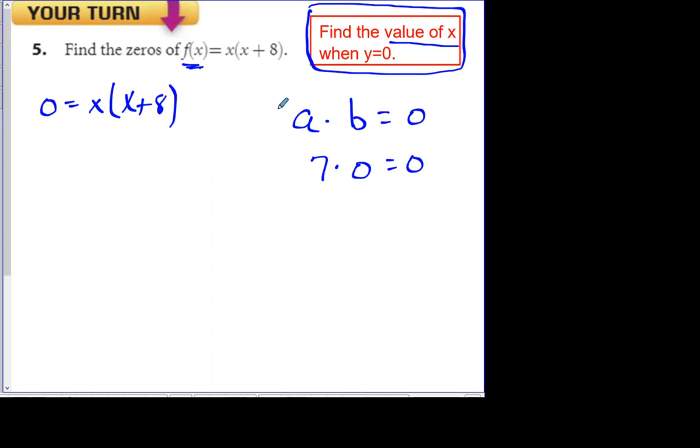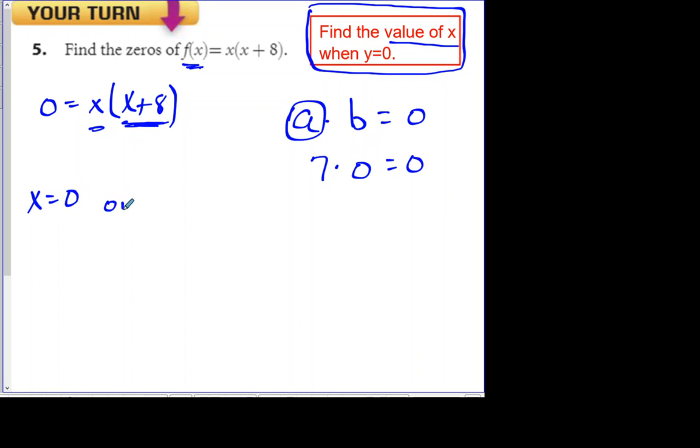Well, going back to the zero product property here, Emily, you had an idea? No, it looks so much easier when it's put that way. Yeah, it really is. So now, notice x is one of the factors, x plus 8 is the other factor. The x is like your a value, the x plus 8 is like your b value. So that means either x has to be 0 or x plus 8 has to be 0. If one of those is 0, then it's going to make the equation equal to 0. So to solve this, x can be 0